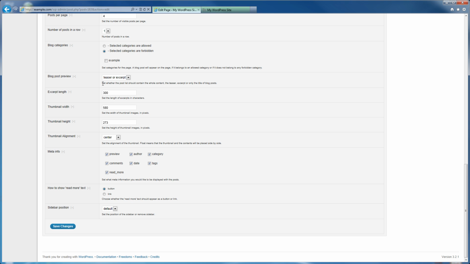Of course, you can set the length of excerpts. This can be given in characters instead of the normally used number of words. This way, the blog can also be presented in a decent way in languages where the length of words varies to a large extent. In addition, set the size of thumbnail images, say the width to 200